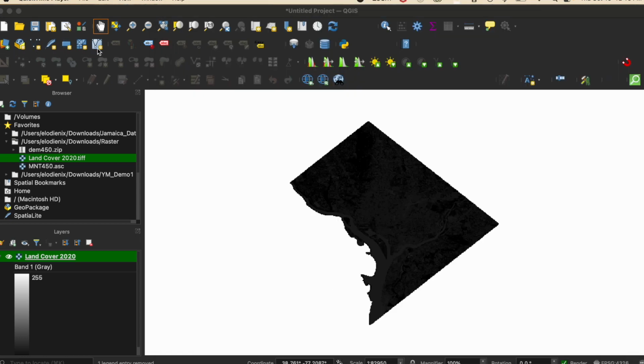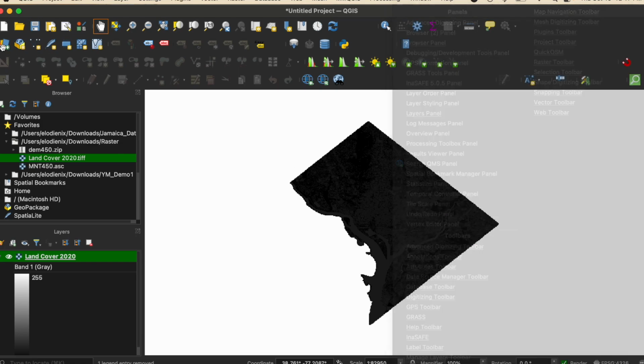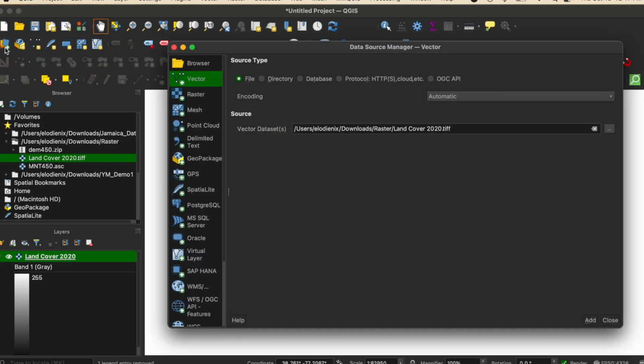The second way that you can add data is by using the Data Source Manager toolbar up here. If you're not seeing it, right-click on any empty space in your toolbar panels and make sure that your Data Source Manager toolbar is selected. Then, click Open the Data Source Manager